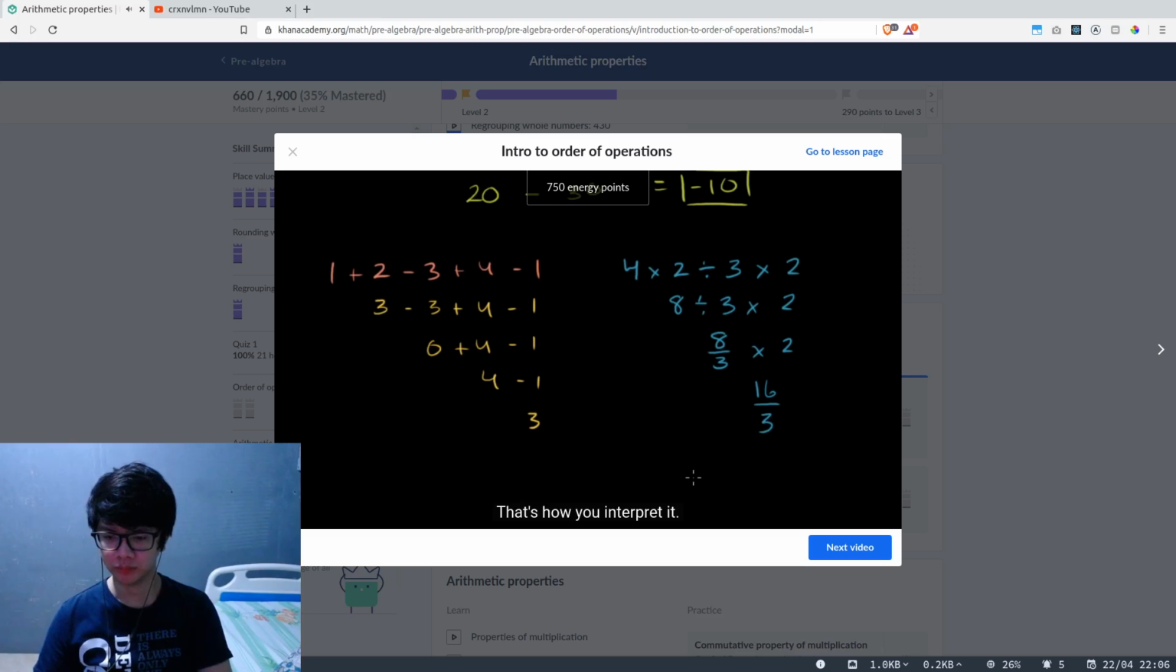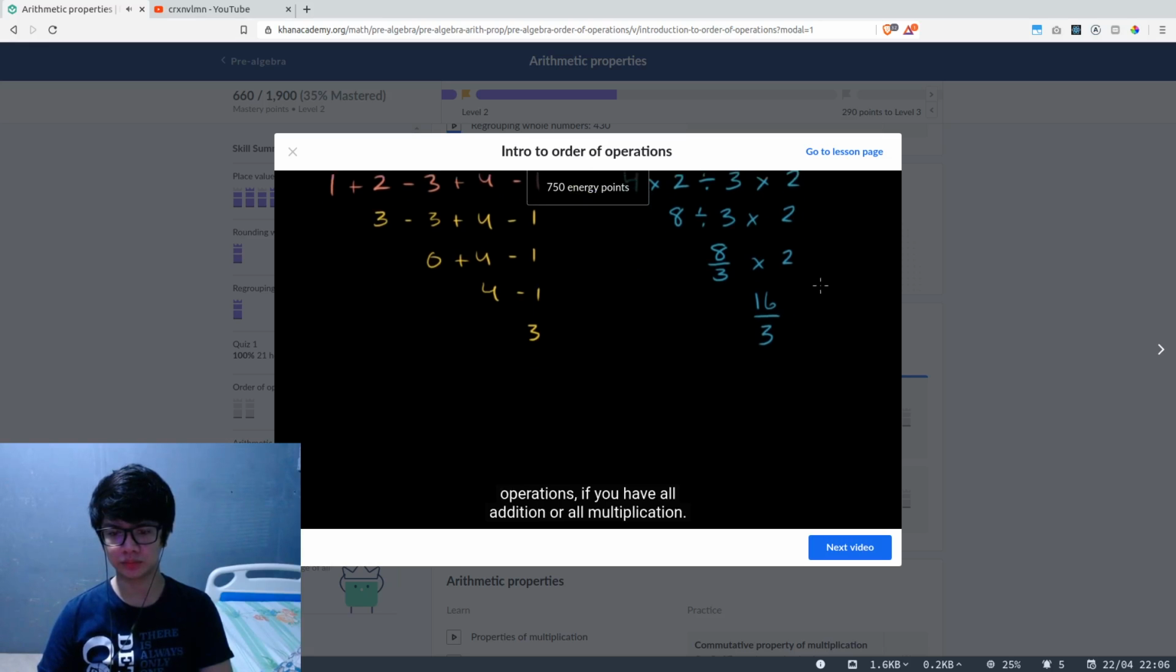Over 3. That's how you interpret it. You don't do this multiplication first and divide the 2 by that and all of that. Now, the one time where you can be loosey-goosey with order of operations is if you have all addition or all